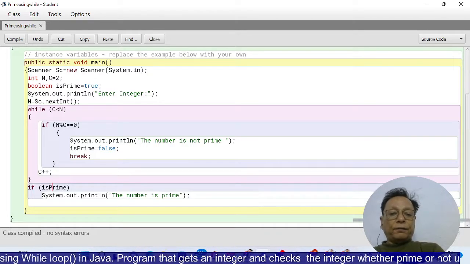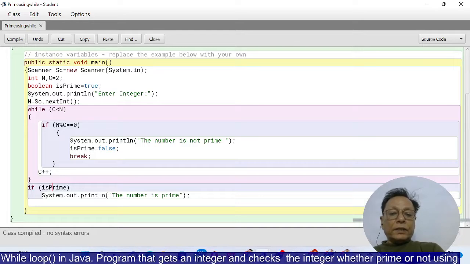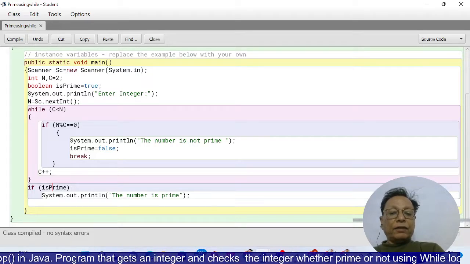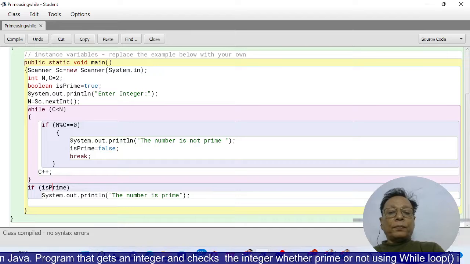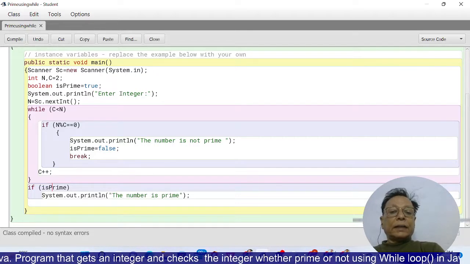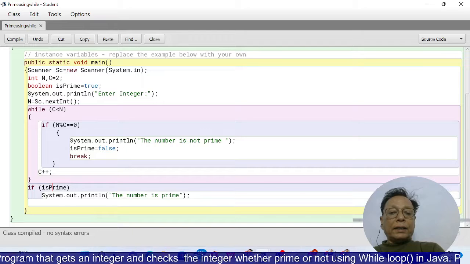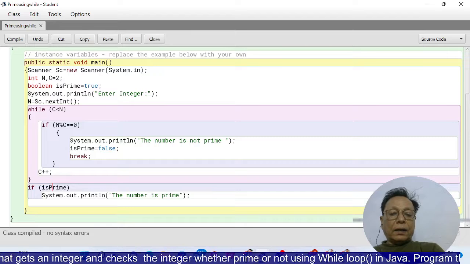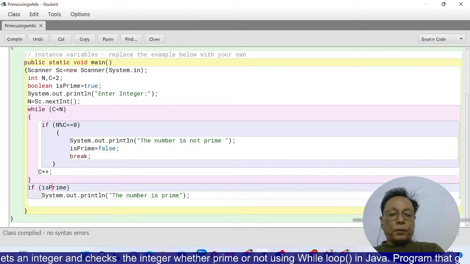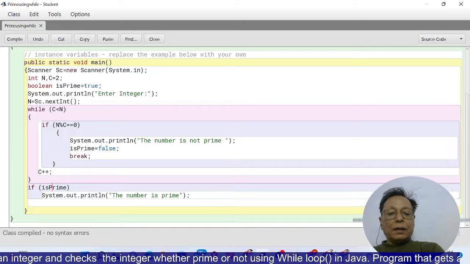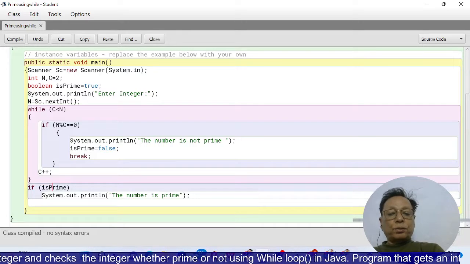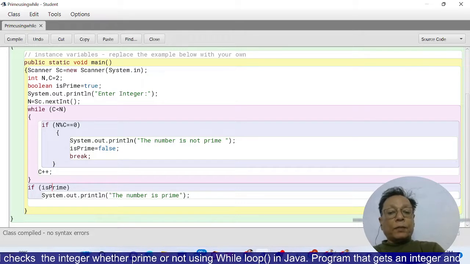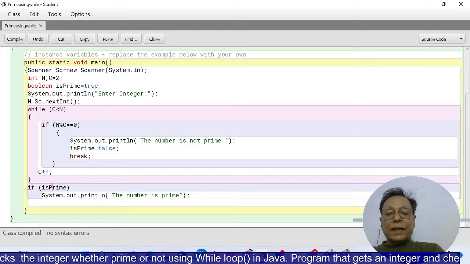And if this is not divisible, then this statement will continuously increase the value of c, and it will be increased till the value reaches n. So until it gets n, it keeps on increasing the value of c. And outside the loop, I have checked whether my flag is true or false. So over here, if this flag is true, only then it will say prime,